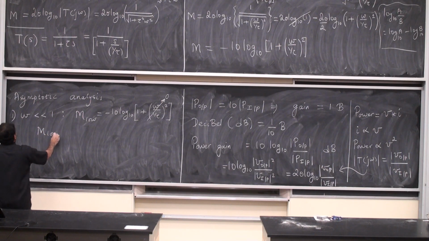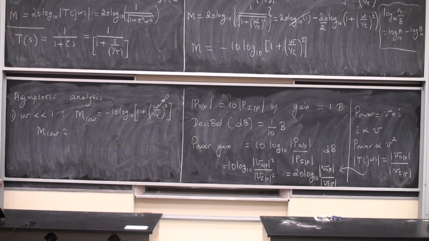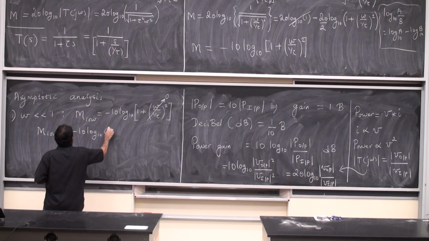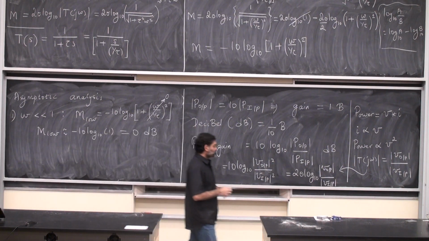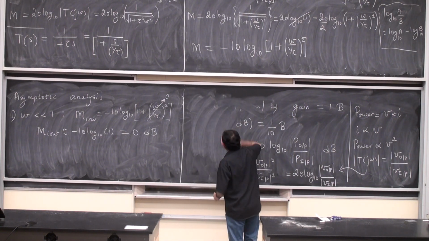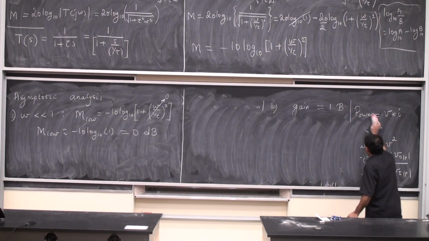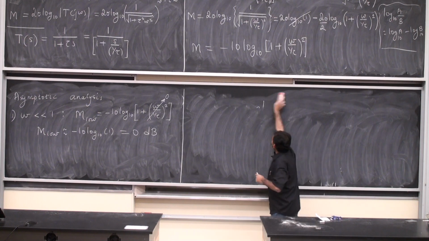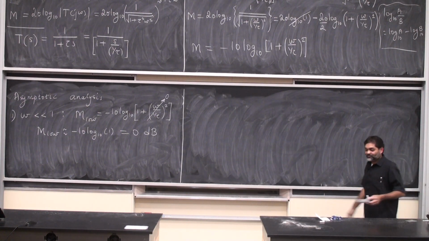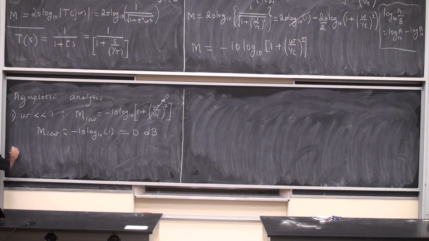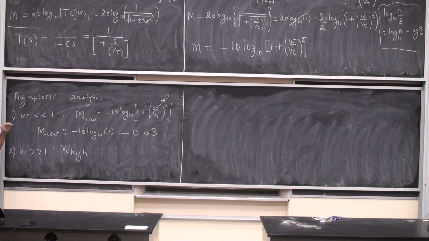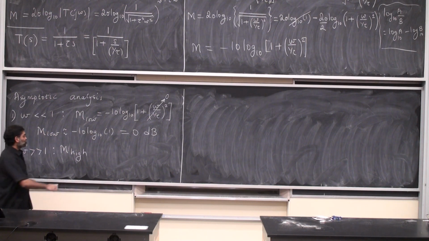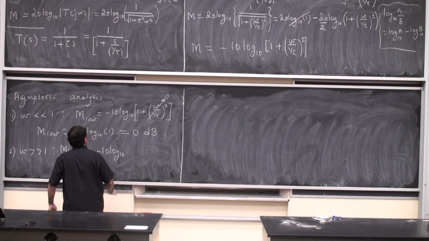So M low is approximately, now this is an approximate analysis, an asymptotic analysis, minus 10 log 10 of 1, 0 decibels. This is great news. I'm going to erase the rest of this. You obviously know what we're going to do next. We're going to look at values of omega that are very, very large. That is called the high frequency asymptote. When omega is much greater than 1 by tau, I get M high. This is the low frequency asymptote, a line of some sort, an approximation. This is the high frequency asymptote. This is now minus 10 log 10